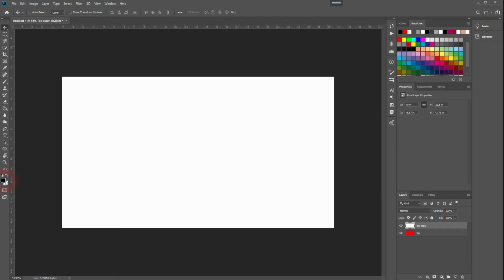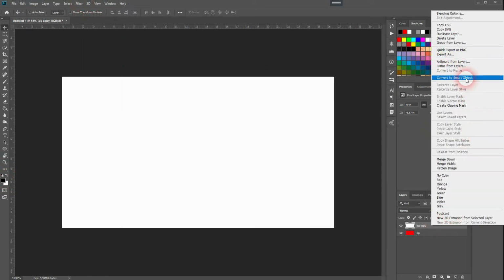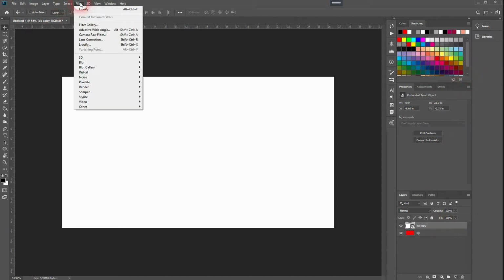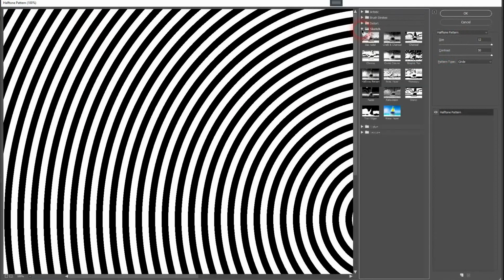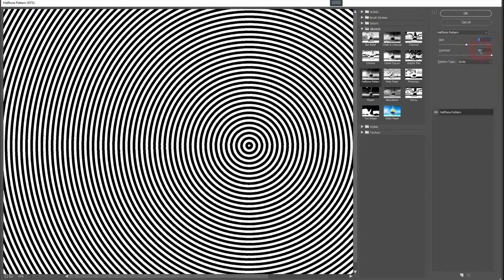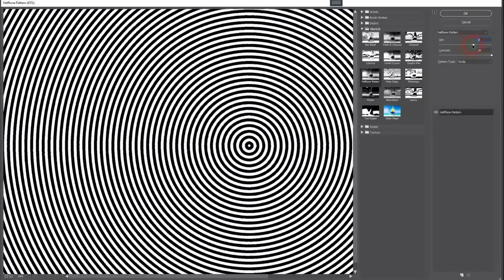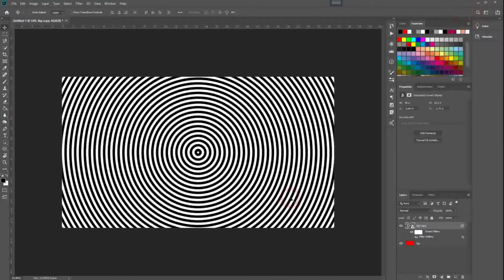Make sure you're on your white layer, convert it to Smart Object, and I've got it black and white colors for fore and background. Now go to the filter gallery, sketch, and use a halftone pattern. For size, maybe I'll go to 8. It's important to have the pattern type circle selected. And if you crank up the contrast, it's the sharpest it can be. Press OK, that is what we need.